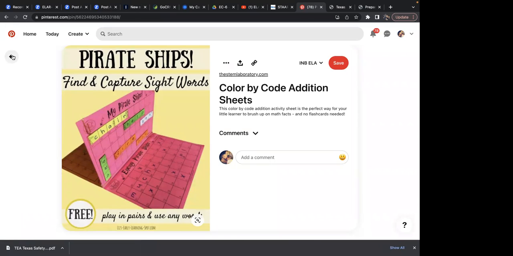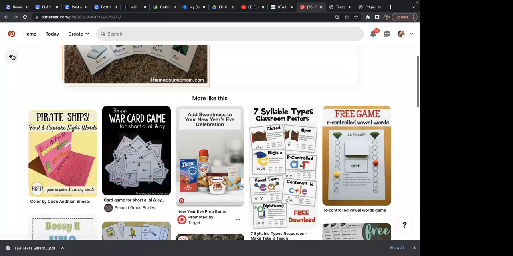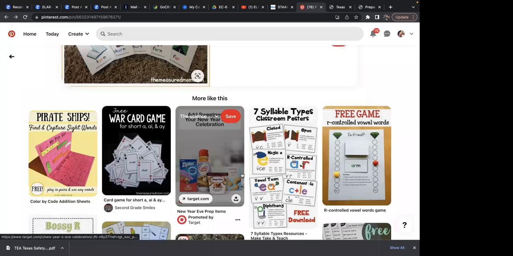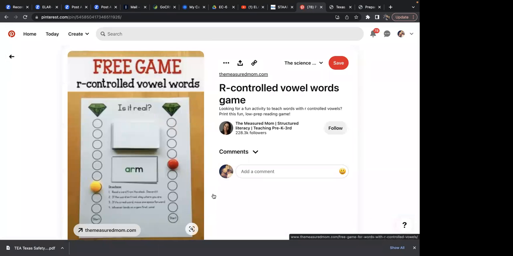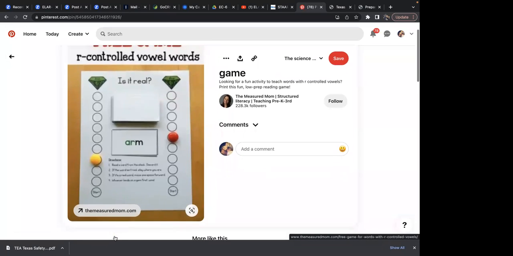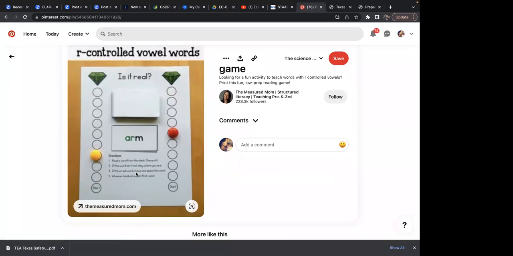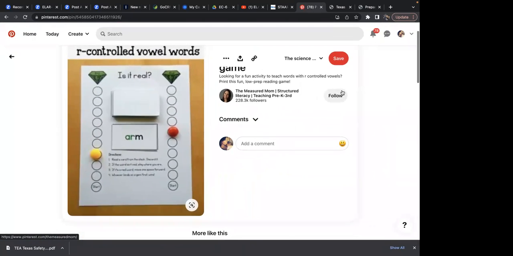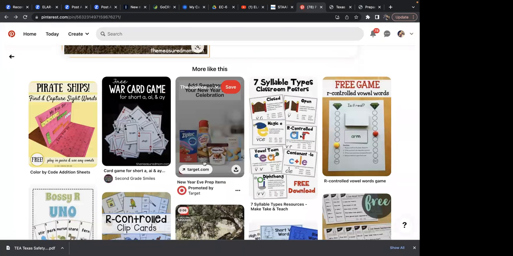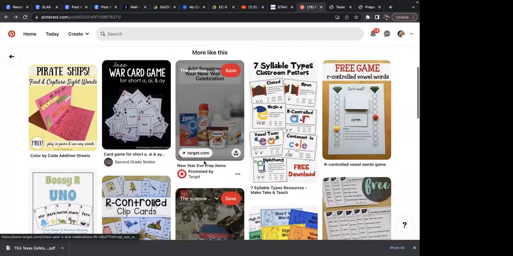What is the other one? It wasn't called pirate ship. What was it called? Battlefield? No, battleship. Okay. Is it real? I don't know what it says on here, but this looks like a low prep something. Trying to see, is it an R controlled